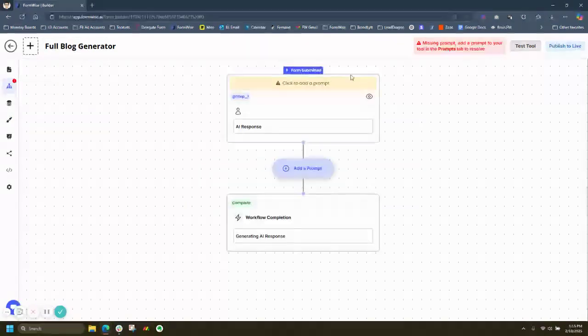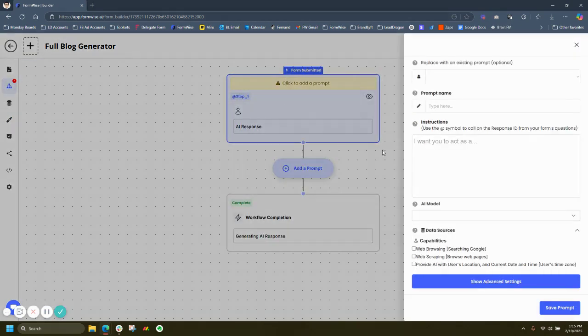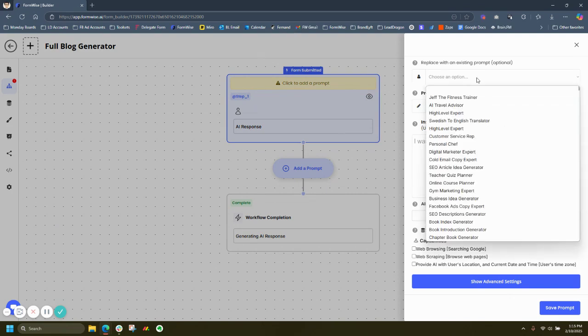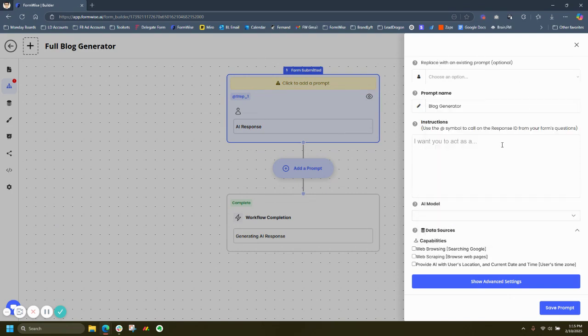So now I'm going to jump into the prompt builder. I'm going to go to step one. And I'm going to name this, let's just call this blog generator. I'm going to name it because sometimes I do reuse the prompts. So I'm going to jump in here and in the instructions, this is where the magic happens. So I'm going to build my blog prompt. So I'm going to say, please generate a full length blog using the information below. And I'm going to start with business name,